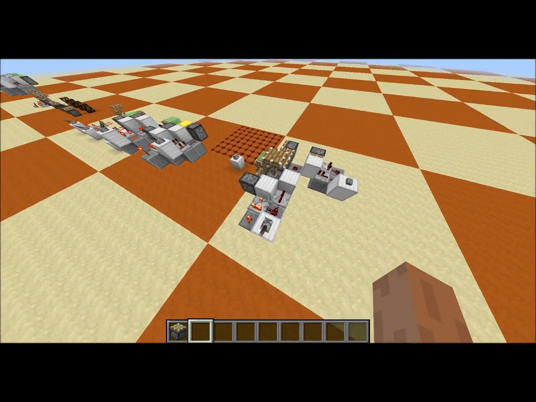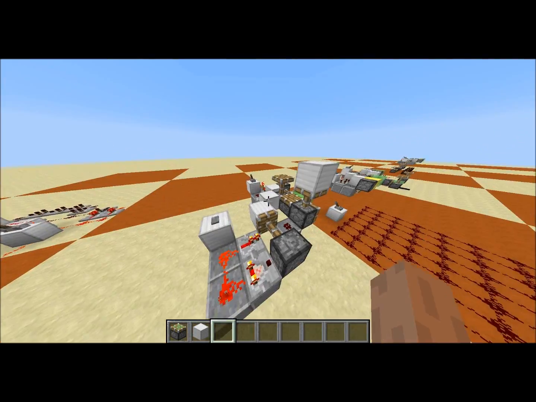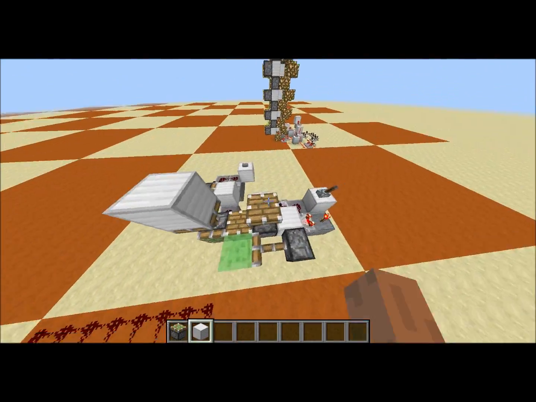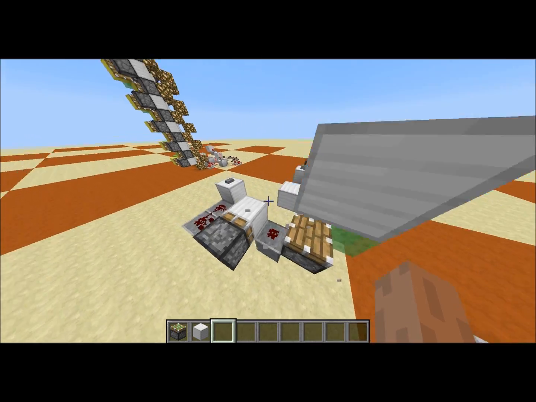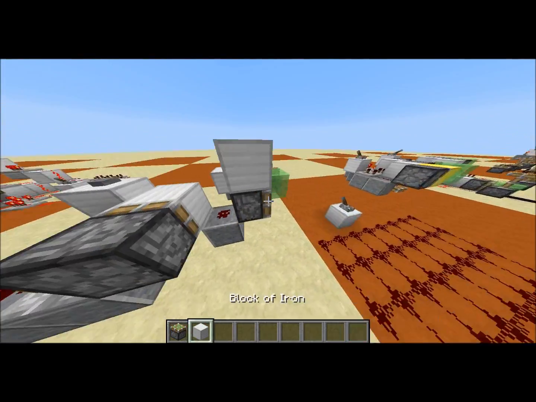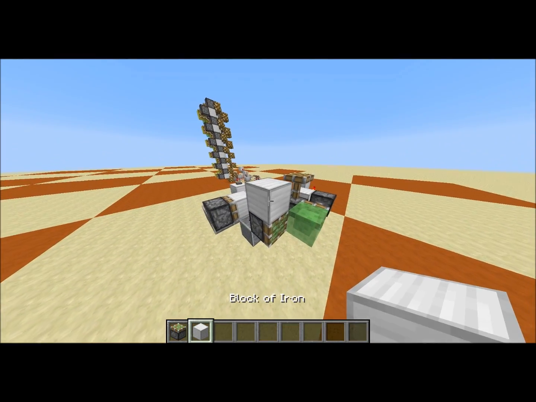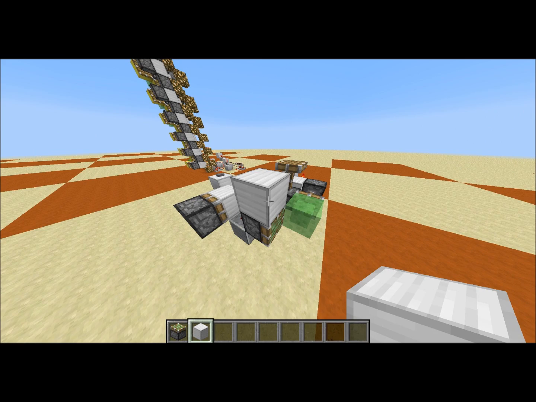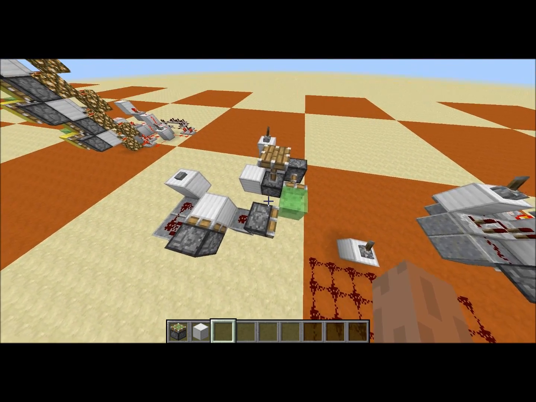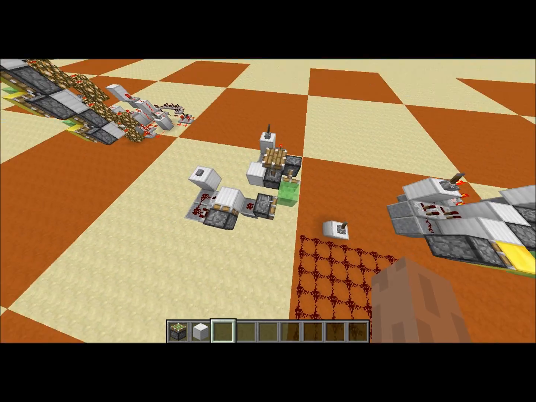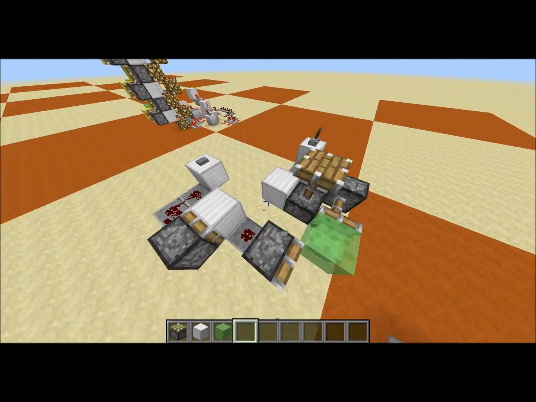And you can use this to push a block for the client, but not for the server. And something that's also very interesting is that you can use this contraption to pull a block for the client, but not for the server. So you have kind of a piston that works for the client, but not for the server. And if you pull a block for the client, but not for the server, you can get also invisible blocks. So the client thinks here's air, but the server thinks here is a solid block, an iron block. And it's basically an invisible block. And yeah,